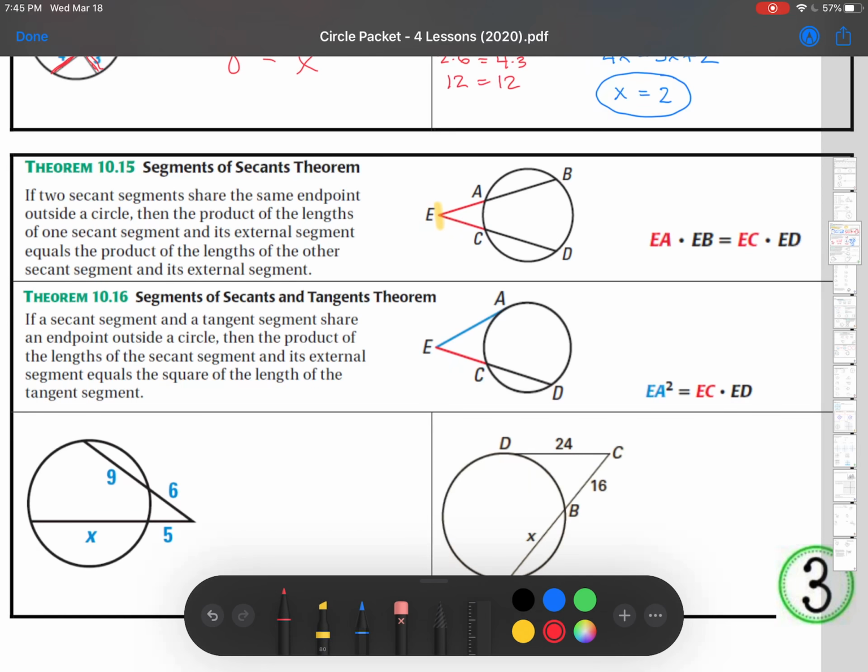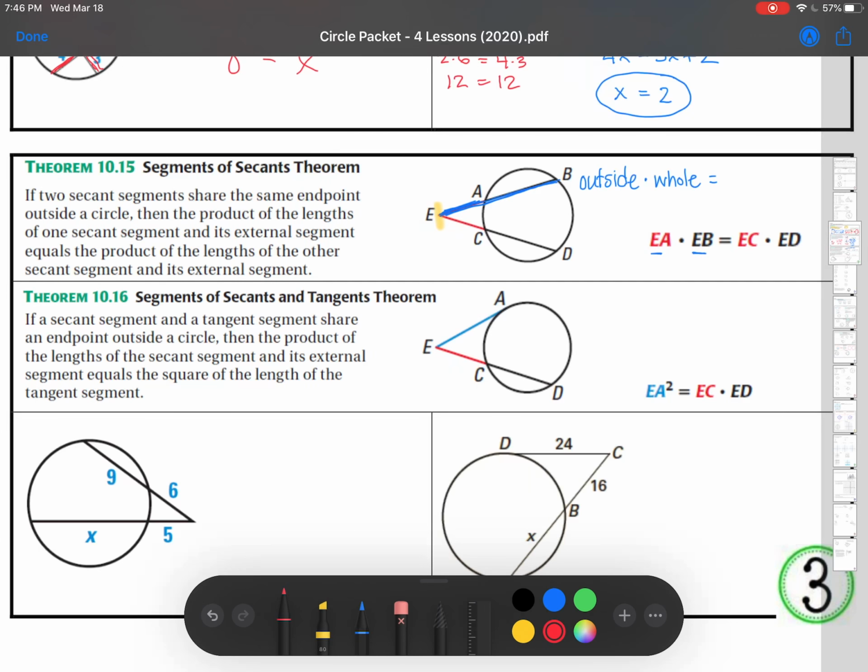That's so much. Did you catch that? So I just have a different way of saying that makes more sense to me. So here's the little equation. It says that EA, this little outside part, times EB. EB is this whole thing, right? So what I say is the outside times the whole thing, and that's actually how I refer to this. Outside times whole